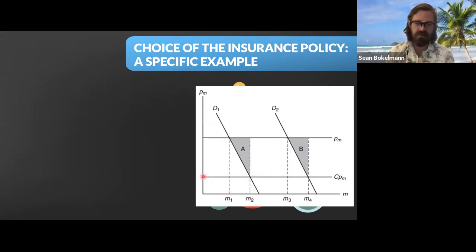So if the value is below the cost, then that's going to be a welfare loss. And that's represented by this area here, A. So area A is a welfare loss given the fact that this person has a co-insurance rate C. And it's a similar situation for this worse illness, disease 2, which has a higher demand curve because it's a worse illness. It's basically the same picture, just shifted to the right.